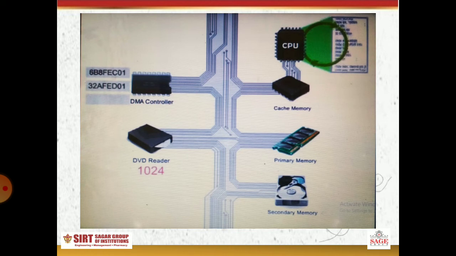To execute this memory access by the DMA mechanism, the operating system configures the DMA controller with the address of the source, that is the DVD reader, the initial memory address from where input has to be taken, and the total number of bytes to be input. Once configuration is done,